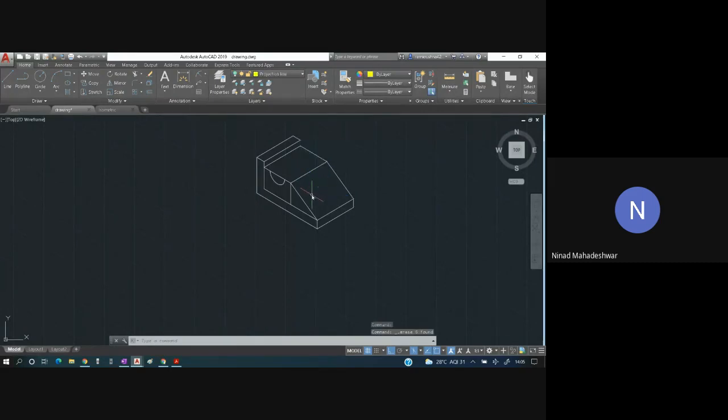This entire part should be deleted. There should be one line over here which should go down. Everybody has understood till here? So we have deleted the parts which are inside.